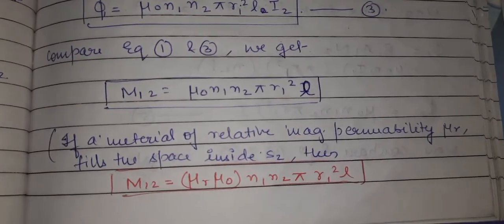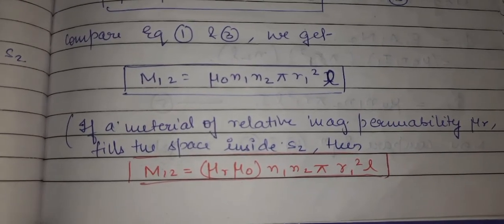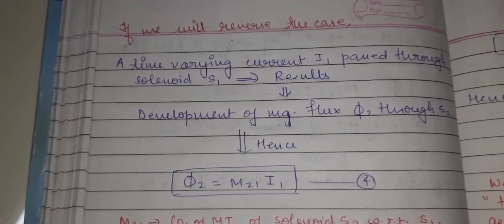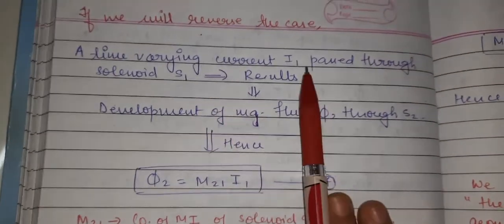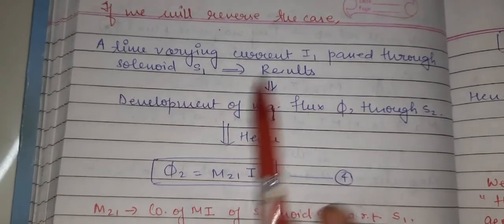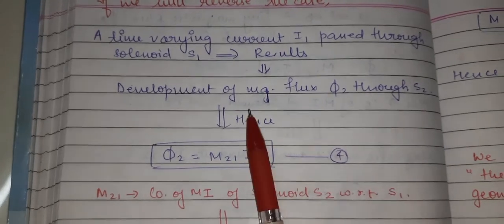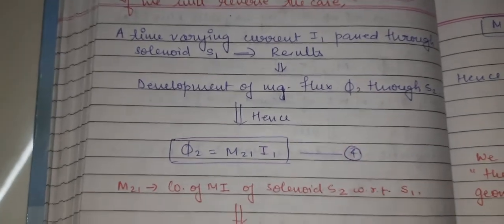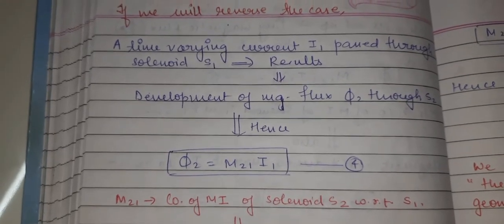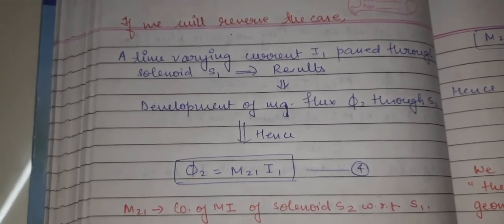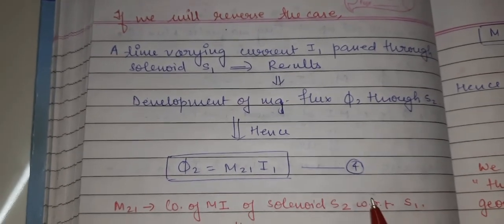So we got this formula when we are talking about the mutual inductance of solenoid 1 with respect to 2. Now we will see what will happen if we reverse the case. Means a time varying current I1 is passing through the solenoid S1, and what will be the result? The development of the magnetic flux phi2 through S2, and hence the whole case we are reversing in the opposite order. In the first case what we have done, we have passed the current in the solenoid S